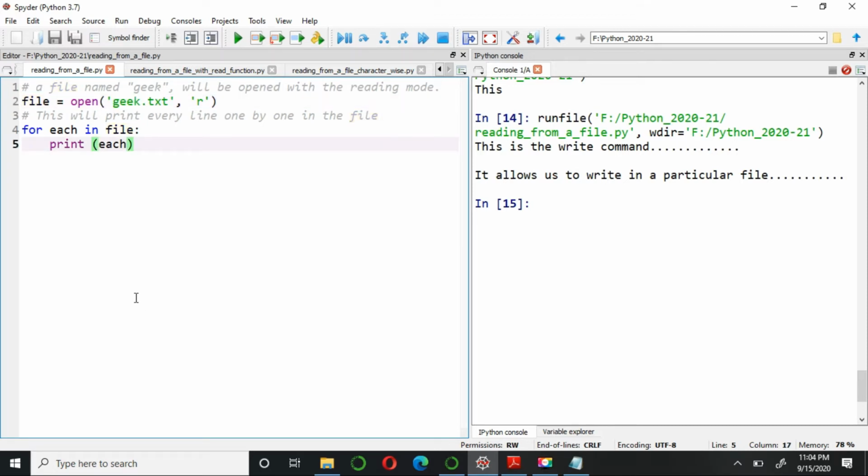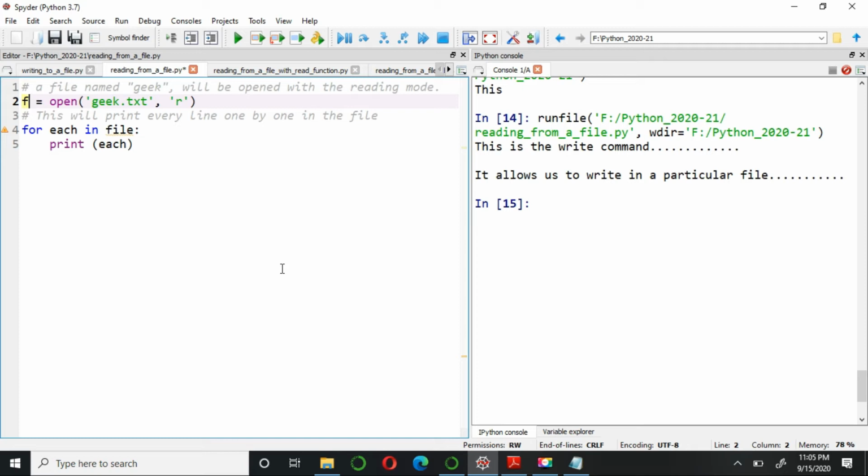So now let me tell you how it actually works. This file is an object here, and it is not mandatory to write the name file. You can write simply F. It is just a kind of key you have to open the file. It is like you have a building, and for every room there should be a different key, and the key is something which allows you to access the functionality present inside the room. It means if I ask you to bring a book from the library and the library is locked, you cannot access any of the almirah or any of the books present inside the library.